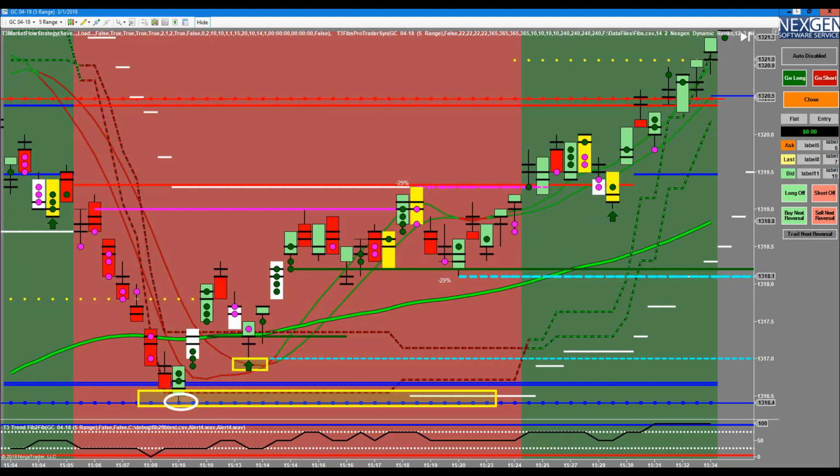Now that we've got our trade set up from the edge of multiple time frame fibs, we need a reversal bar. So as we're trading down into the very obvious edge of multiple time frame fibs, we'll turn on the automated strategy. Just turn the longs on and buy next reversal bar. And when this reversal bar happens to the upside, the automated strategy is going to get you into your position